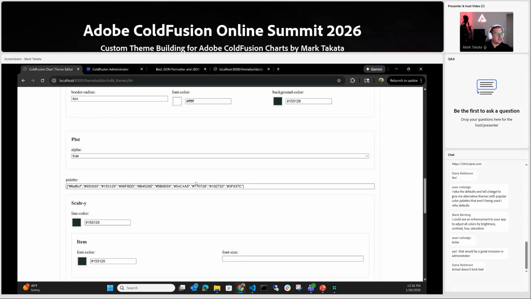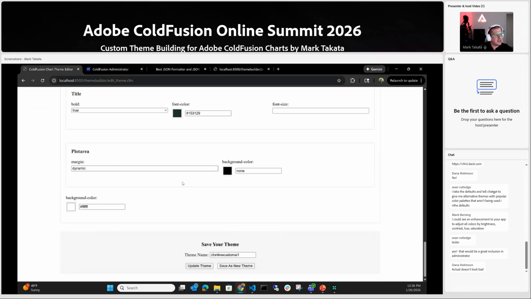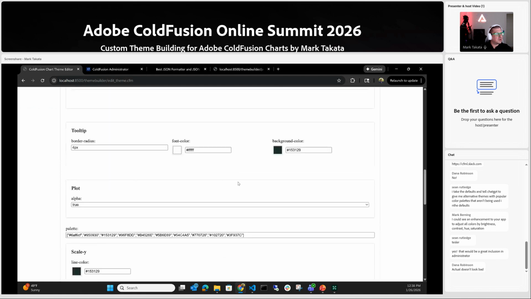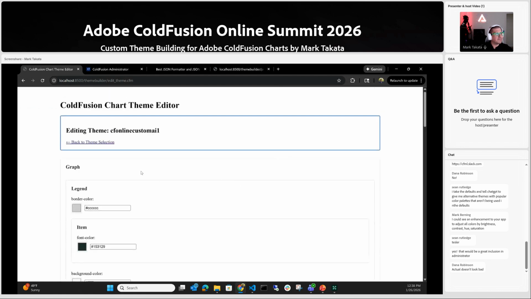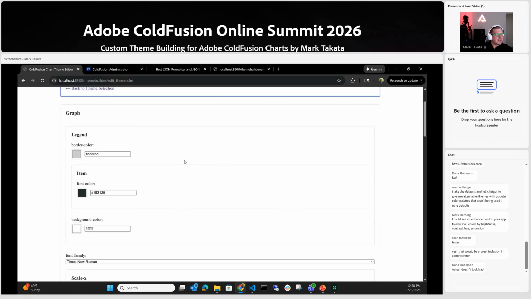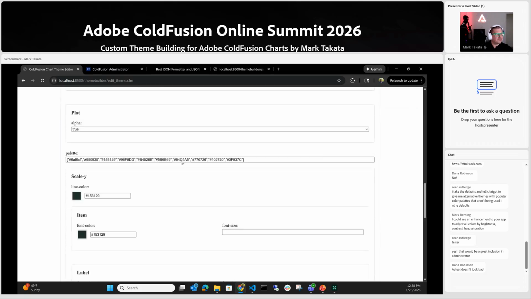You can change the size of fonts. You can change maybe some of the font colors that didn't come out to exactly what you wanted, right? So there you go. And you can see the palette here, right? And so these are the colors that it generated inside of the palette, knowing that only these first ones were